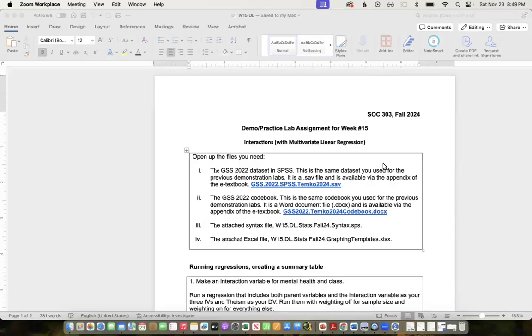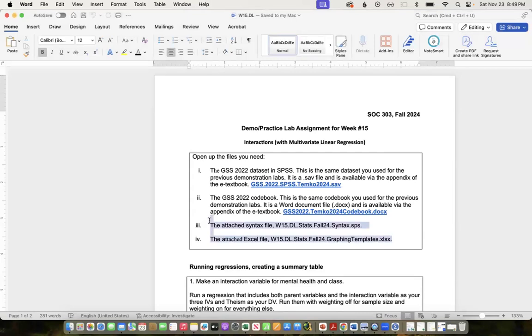Okay, so this week's demo lab is going to focus on interactions. So you need this file and two other files that are attached on Blackboard. So the syntax file and then an Excel file. There is an Excel file in chapter 15, but this one, I removed a couple worksheets that we're not going